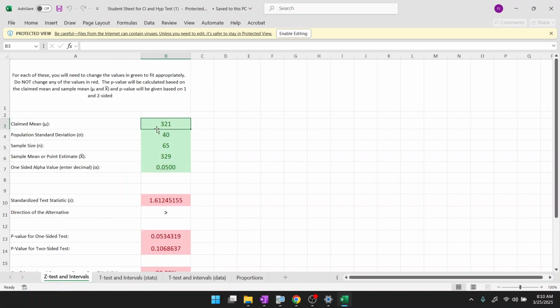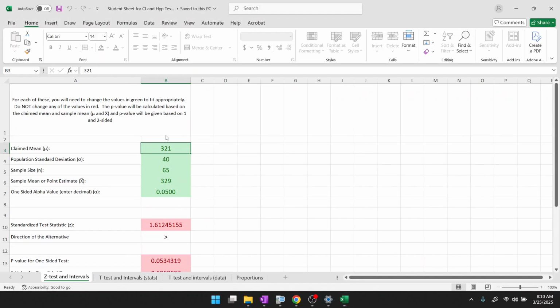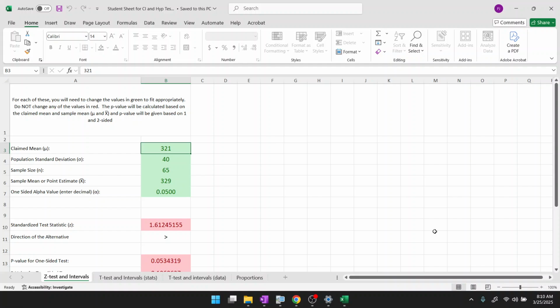You're going to go to z-test and intervals. Now, you have to edit, and here's the thing. Basically, you can only change what's in the green. You had 25 and 20,000. What was our